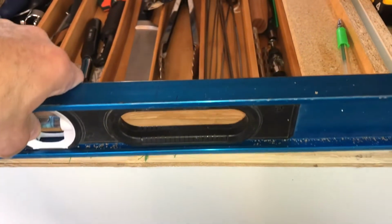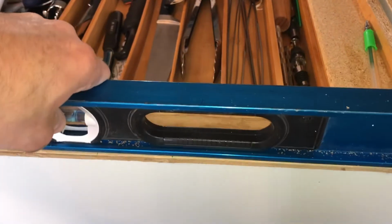Now we're gonna mount it all on there. We're gonna get ready to put this in here. Support that you just put in is flush. You see how that glides right over it, and it's perfect. That's what you want. Next, I've marked my